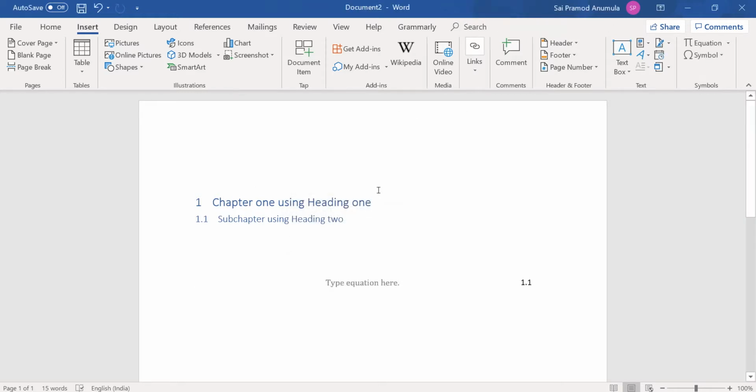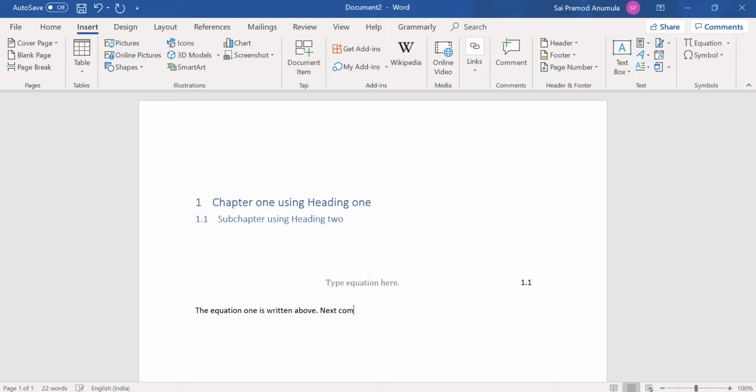Suppose I have to type another equation. Before that I might have some text. The equation 1 is written above.